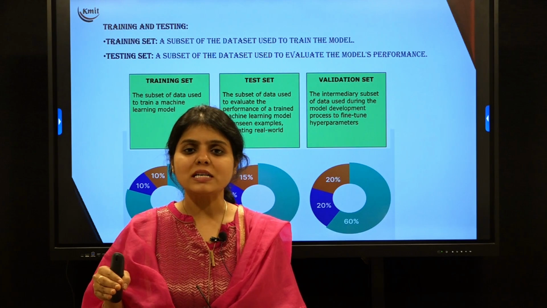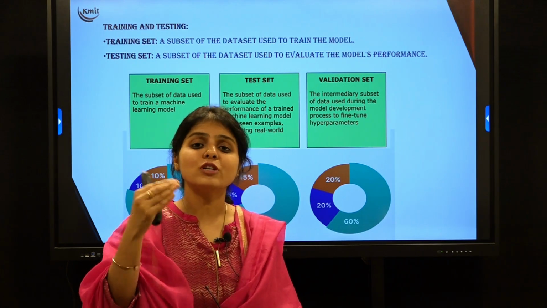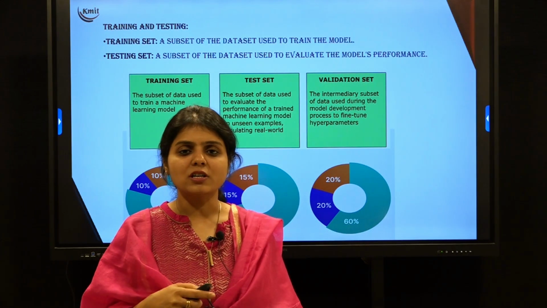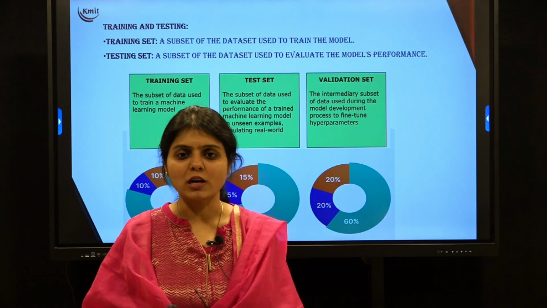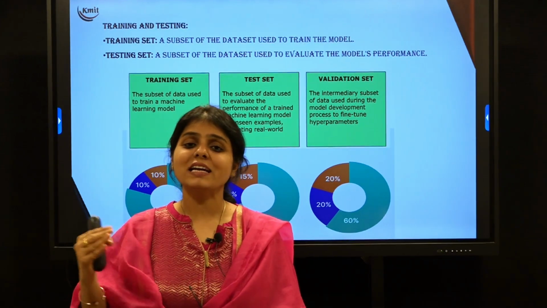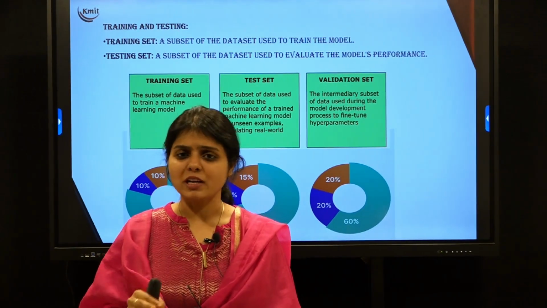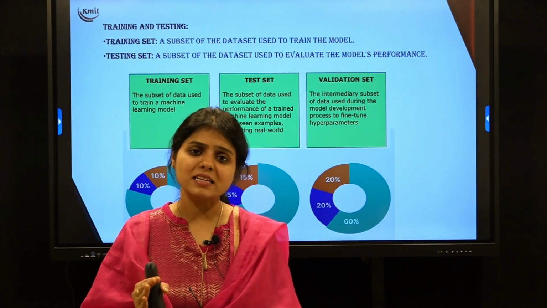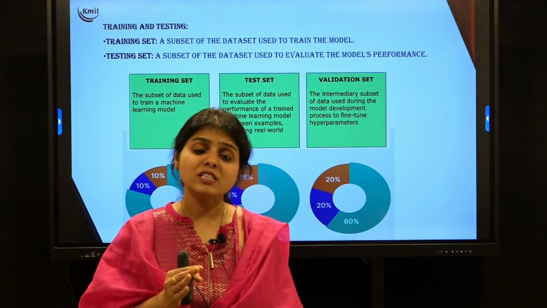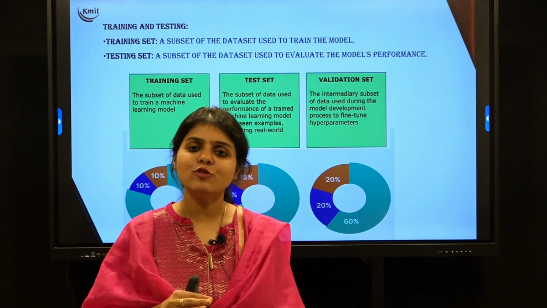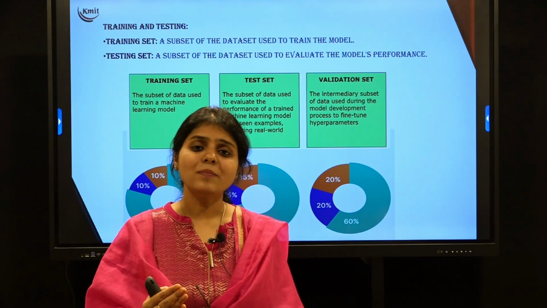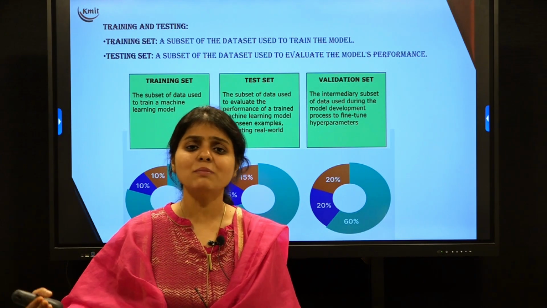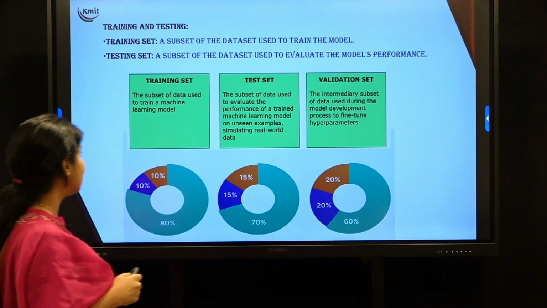So what do you understand from this analogy? More data is used for training and less data is used for testing, right? So when I am giving my data to the machine learning model, we give more data for training and allocate less data for testing. There is a standard recommendation. It is not a mandate, but the standard ratio of dividing your training and testing is 70-30 or 80-20: 70 for training, 30 for testing, or 80 for training, 20 for testing. The more you train, the more the model understands the pattern in the data, and the better the accuracy of the model in prediction. So this is your training data and test data.